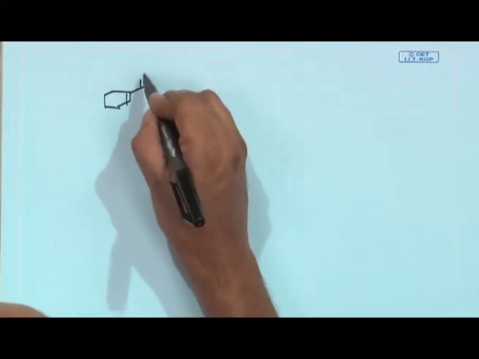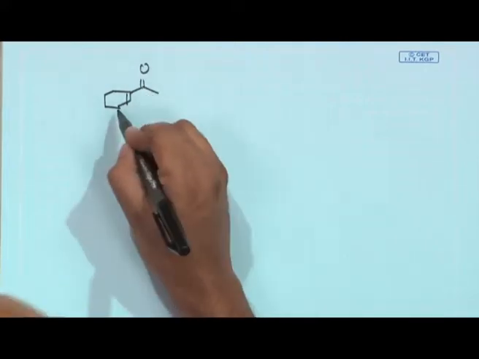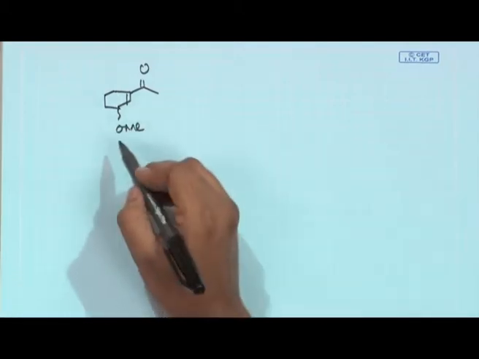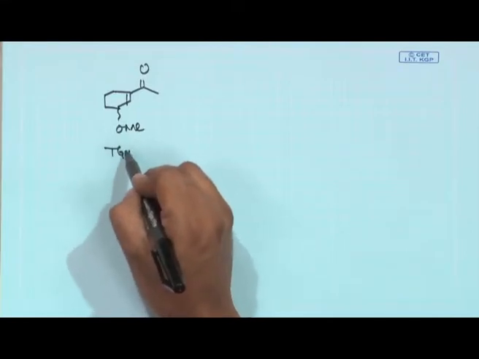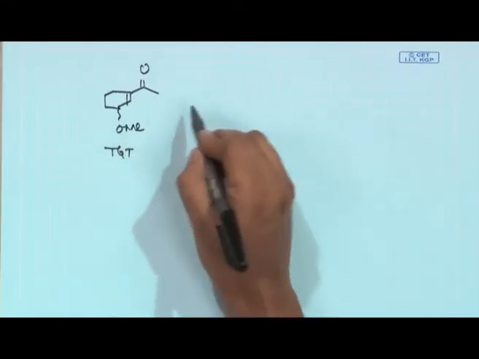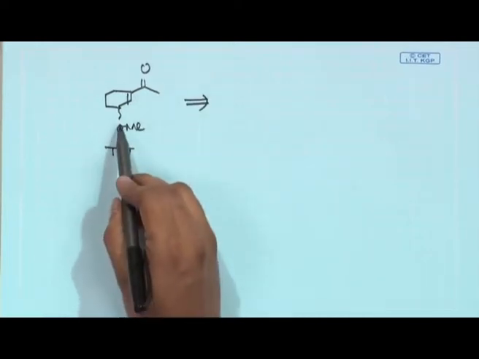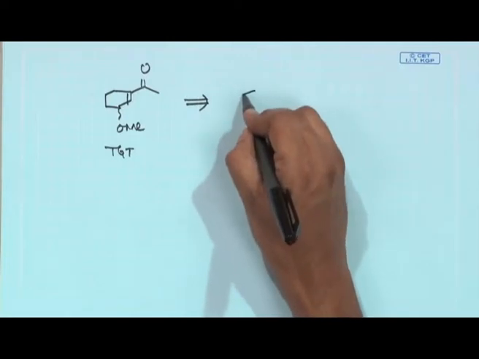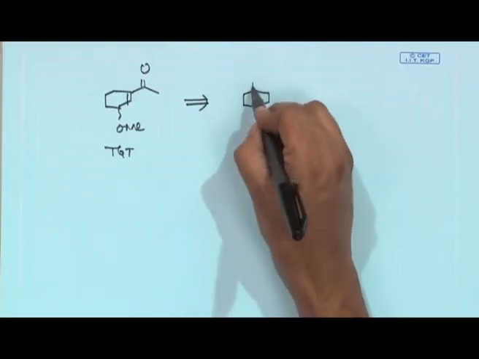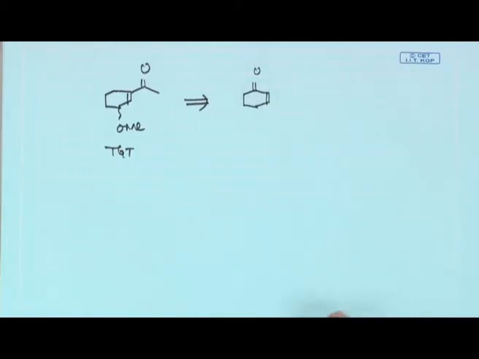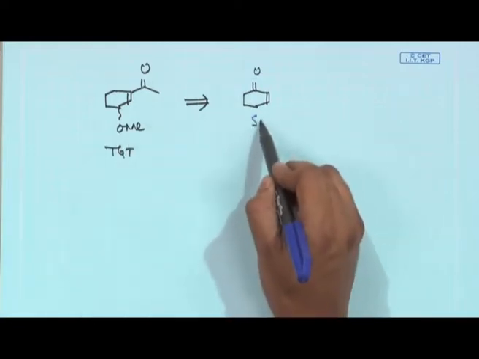We will be using a functional group interconversion using an umpolung species. The target molecule which was given is this one. It is an alpha beta unsaturated ketone having one end having an O-methoxy. The starting structure or precursor which was given to you is cyclohexenone. Now, try to correlate what extra functional groups were added to the compound. Starting material is this one.